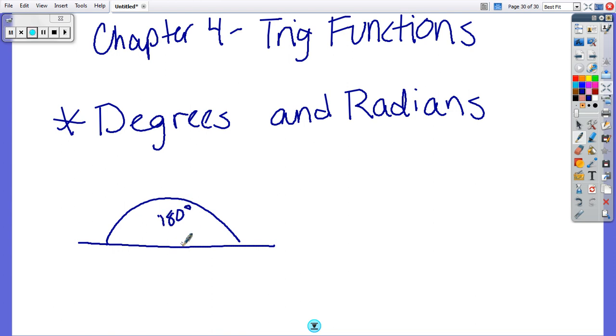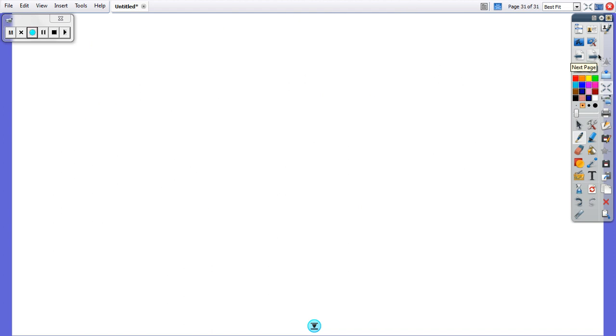A degree is 1/180th of that line. In the DMS, which stands for degree, minute, second system of angular measure, each degree is subdivided into 60 minutes, which we denote with 1 dash, and each minute is subdivided into 60 seconds, which we denote with 2 dashes. So in our first example, we're going to have to be able to convert back and forth between these two types of measurements. Example 1 is going to ask us to convert